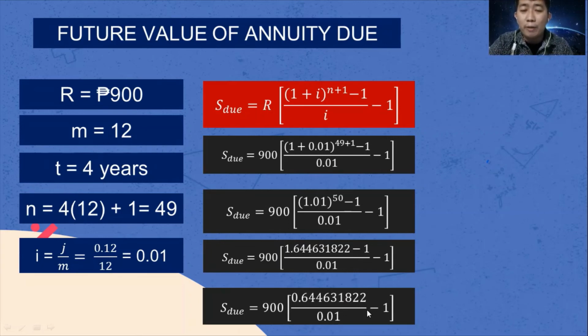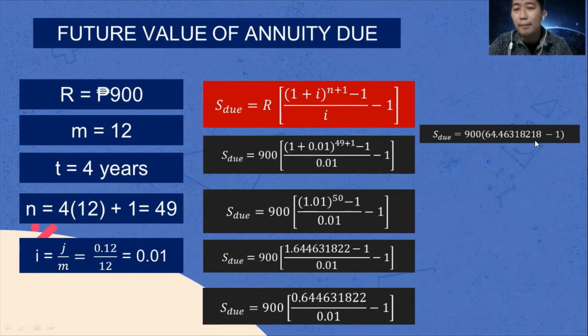Then we are going to divide it by 0.01. 0.644631822 divided by 0.01. The answer is 64.46318218. Then we are going to subtract 64.46318218 by 1. The answer is